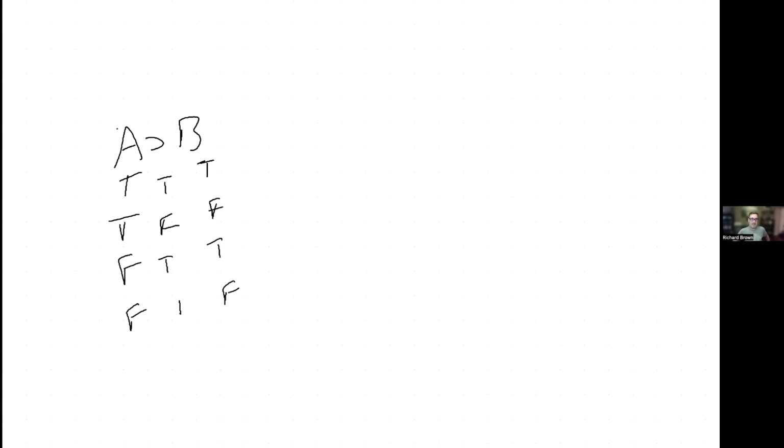Now, finally, coming to the end of this, we have the horseshoe operator. And if we say A horseshoe B, then as we saw, this is going to be true in the case where both parts are true. And then it's going to be false where the antecedent is true, but the consequent is false. And then it's true in every other case. And sometimes people think this is a deep puzzle. In fact, sometimes this is called the paradox of material implication, because you could basically see that there's some kind